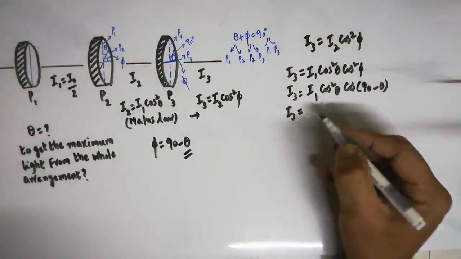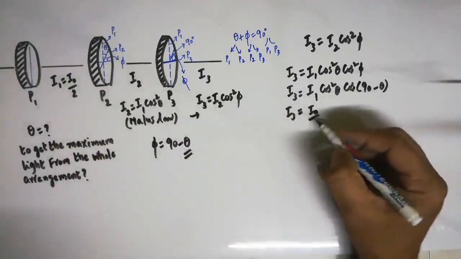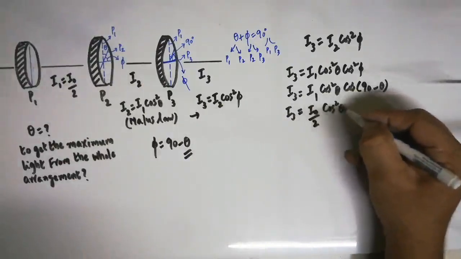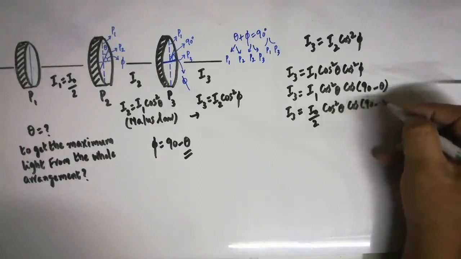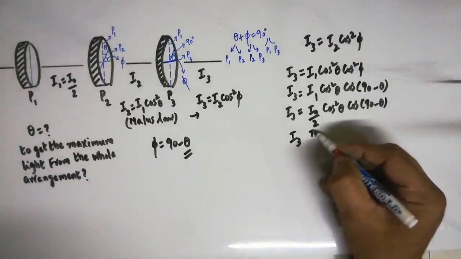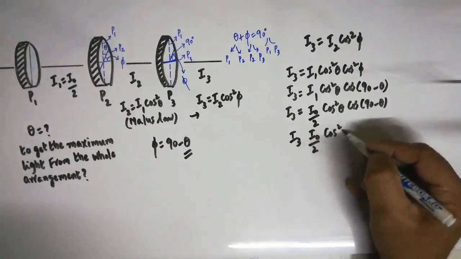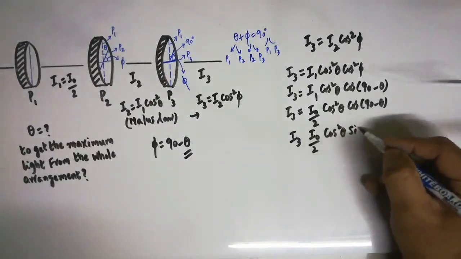Again I3 is equal to I1, which is I0 by 2, cos square theta cos square of 90 minus theta can be written. I3 is equal to I0 divided by 2 cos square theta cos square 90 minus theta,